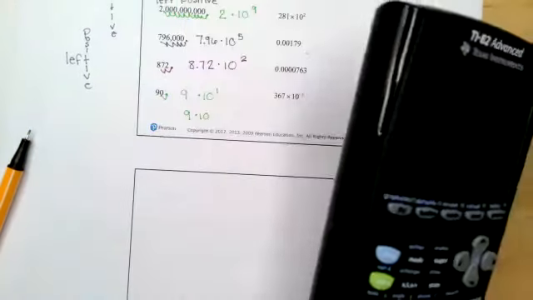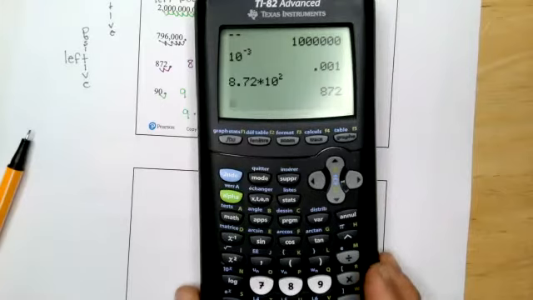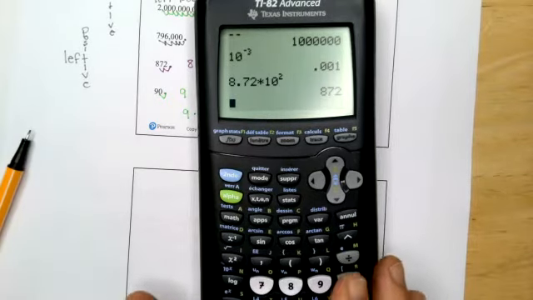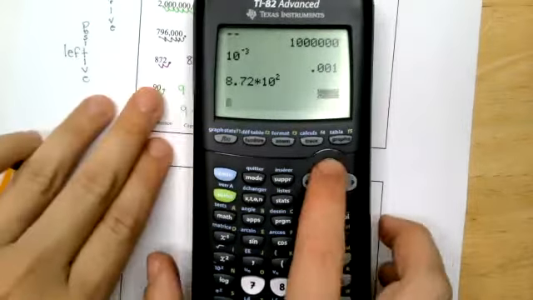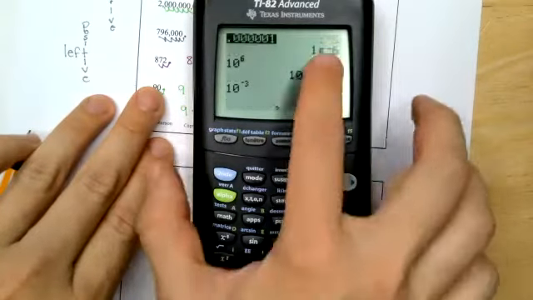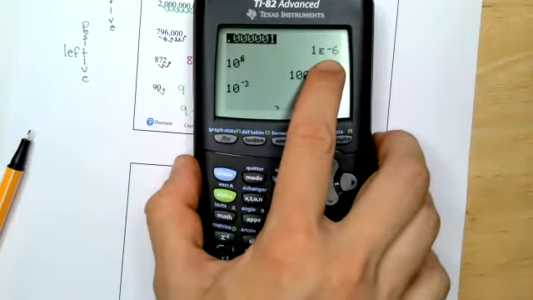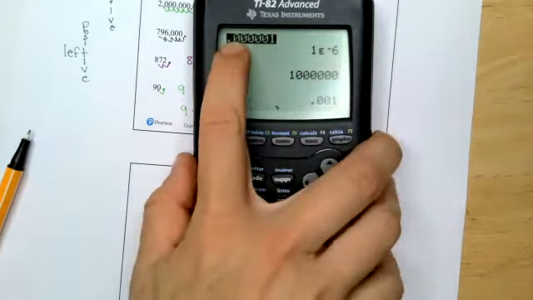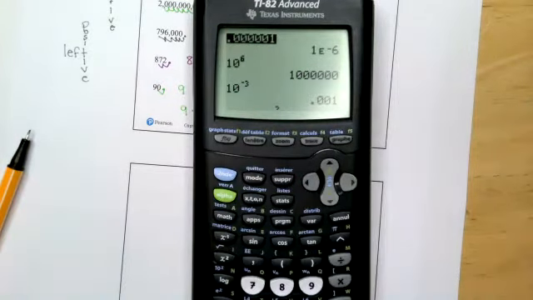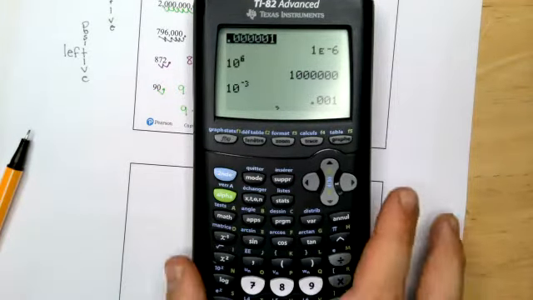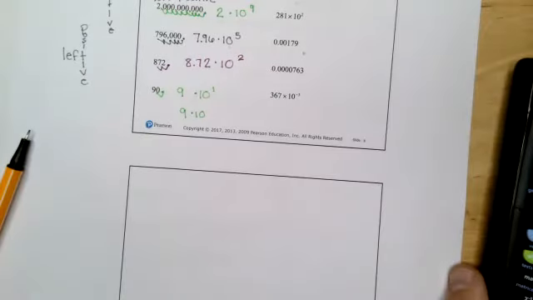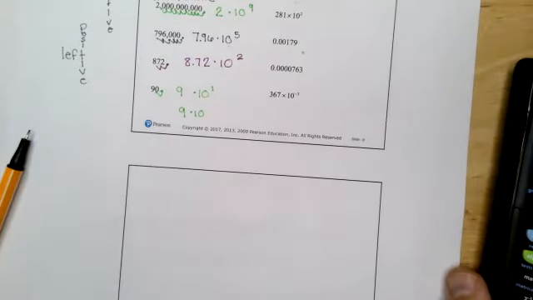You do, but as they get bigger, your calculator starts, I wish I knew my calculator better. But your calculator starts doing things for you and saying things like this. It just means you need to move it 6 decimal places. So it starts doing that for you. But I think you can turn that off. I should learn how to do that. But yeah, sometimes. You can definitely put it into